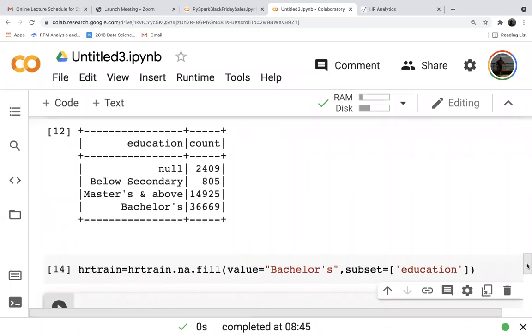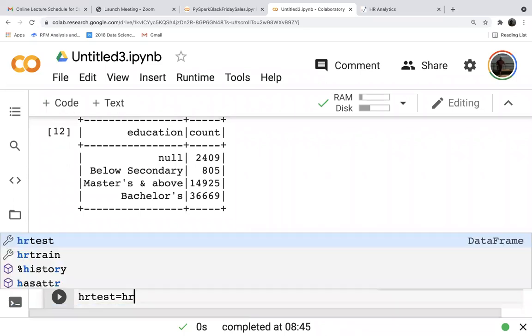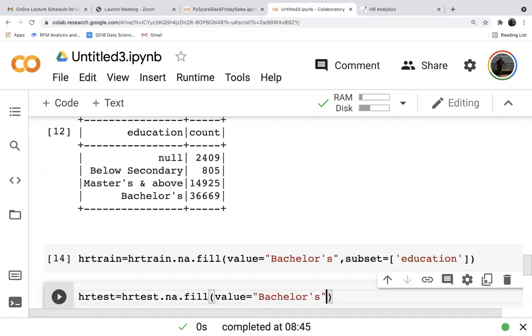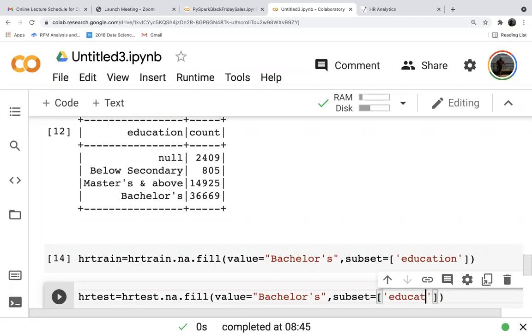I think we can do the same thing with HR test also. HR test is equal to HR test dot NA dot fill value is equal to double quotes bachelor's comma subset is equal to square bracket single quote education.